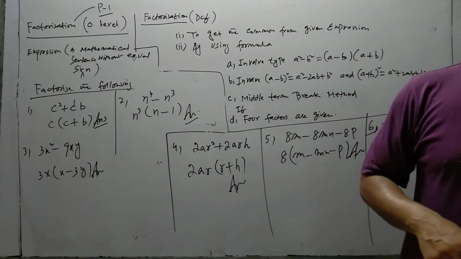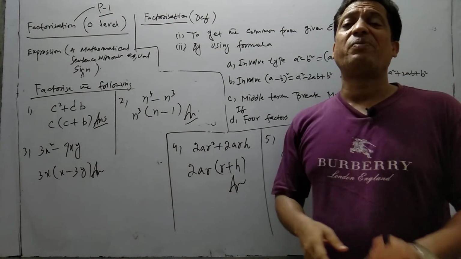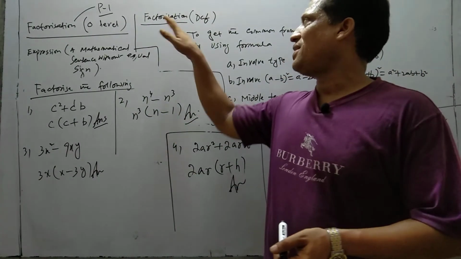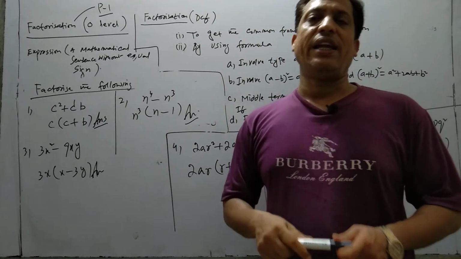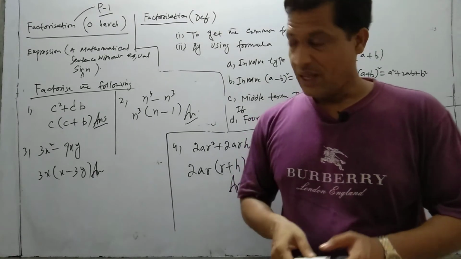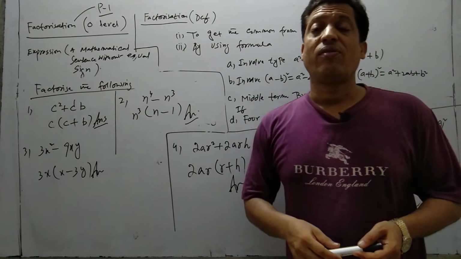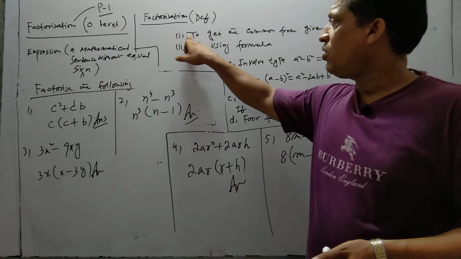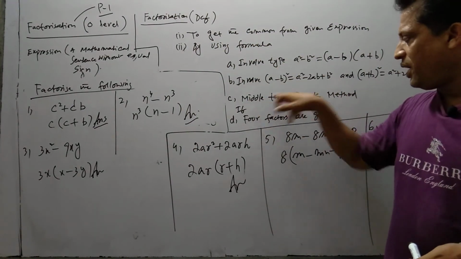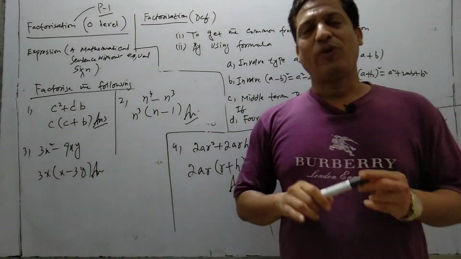So I hope when I say the topic of factorization is 100% finished, I assure you, after these words, you will be eligible to do each and every question of factorization from past papers. But today we just finished the first definition. Wait for the next lecture. We will follow other definitions by using formula or perfect square or middle term or 4 factors are given. I hope you understand and enjoy today's class.